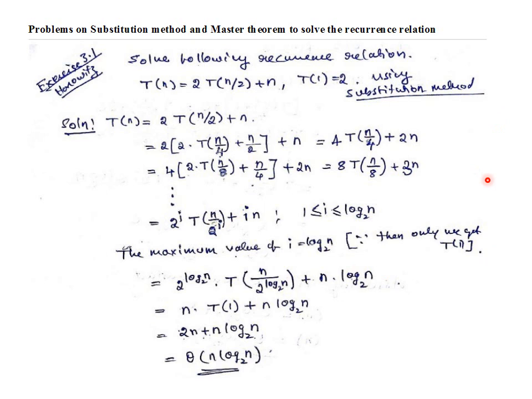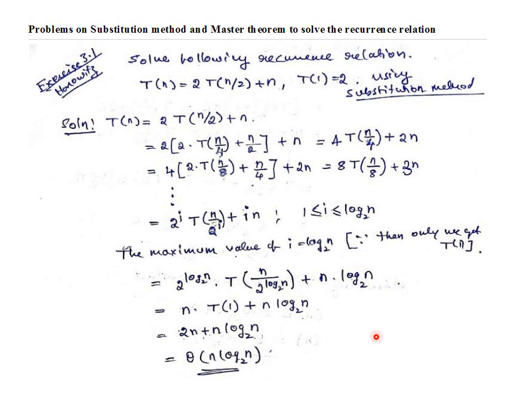And now you take 2 to the power i is equal to n. We have already solved this in our previous classes. So assume n is equal to 8, that we can represent as 2 to the power 3, right? And if n is equal to 16, that we can represent as 2 to the power 4, right? And if n is equal to 32, that is represented by 2 to the power 5. So any number you can represent as 2 to the power some value.